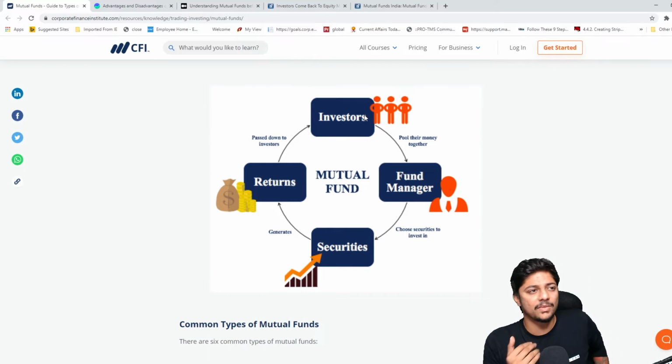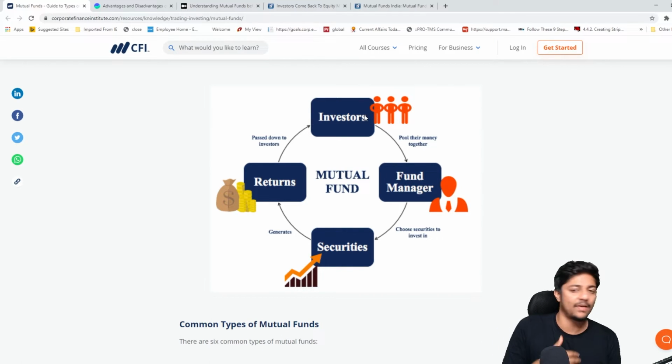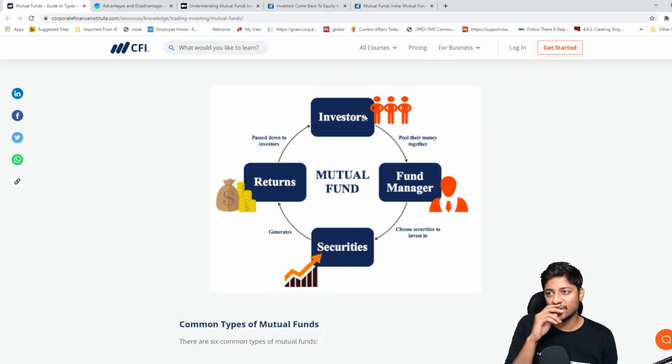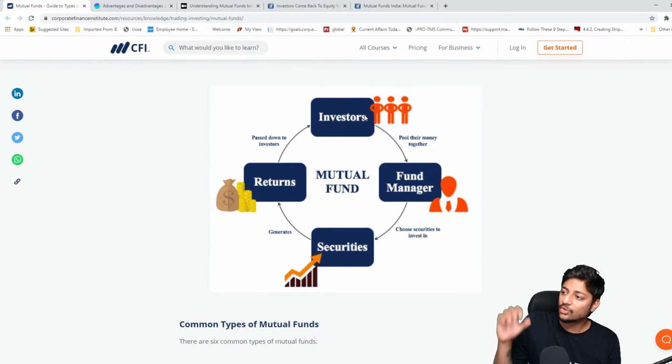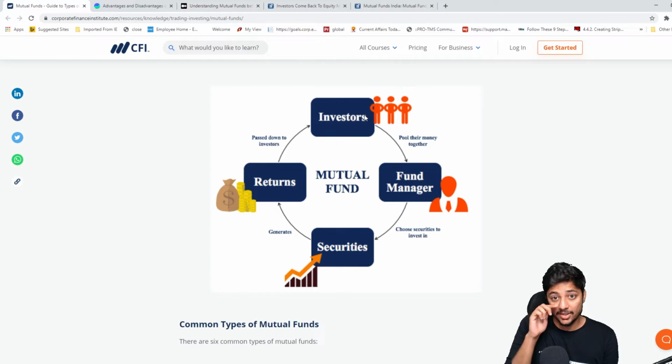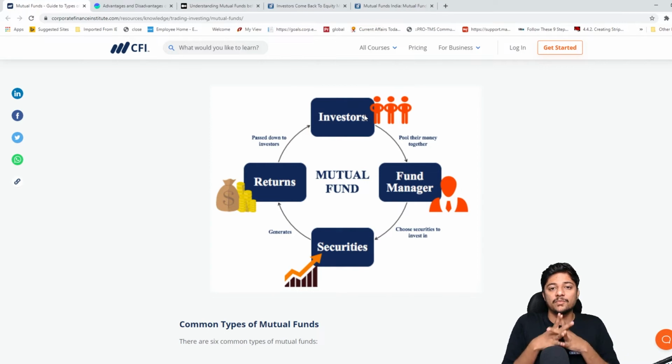So this is very similar. For example, if you have a local community and someone says, you know what, there's a finance expert in that community, let's all give him our money and let him manage it, right? And he takes a small fee for managing. That's exactly how a mutual fund works. So a lot of investors come together, pool their money, and give it to this person called a fund manager. A fund manager is no one but who manages your stocks and takes care of all these things.